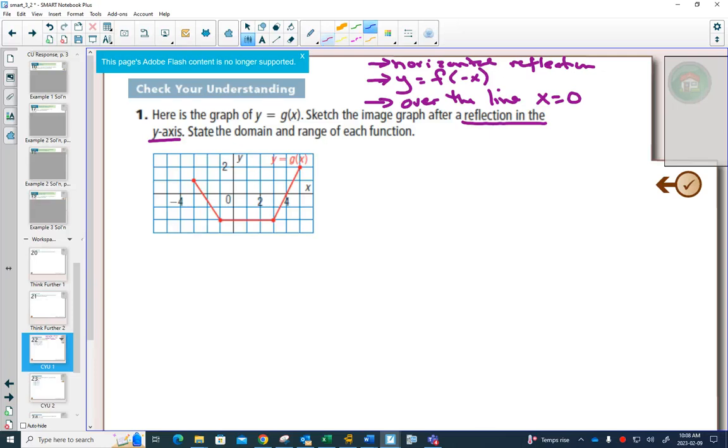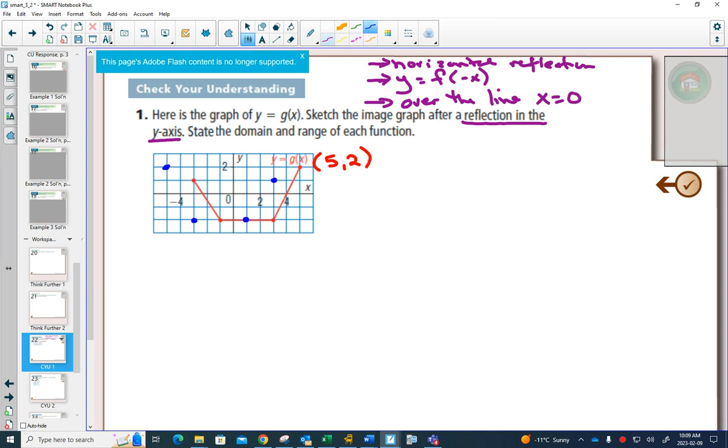So we are taking this point, I'm going to graph it in blue. A reflection in the y-axis. Well, over the y-axis means your x values are changing, so this point here is going to get reflected over there, this point over to there, this one over here, and finally this point 5 away, over there. If we took one of these points, for example, this is at 5, 2,